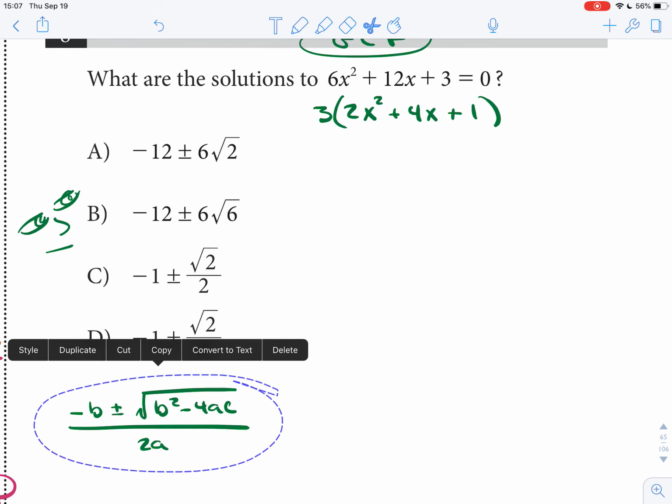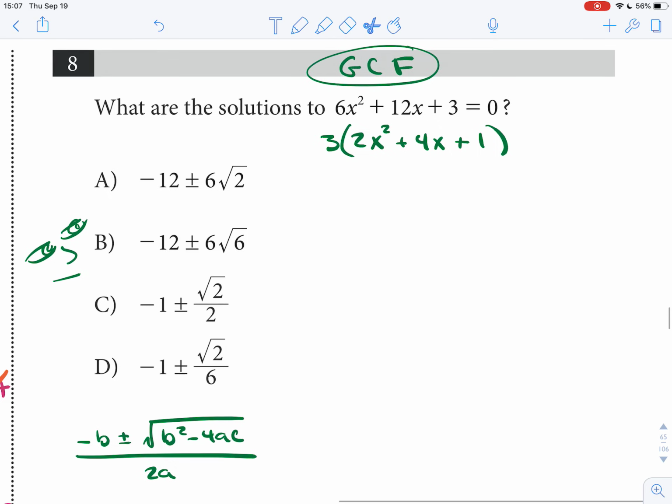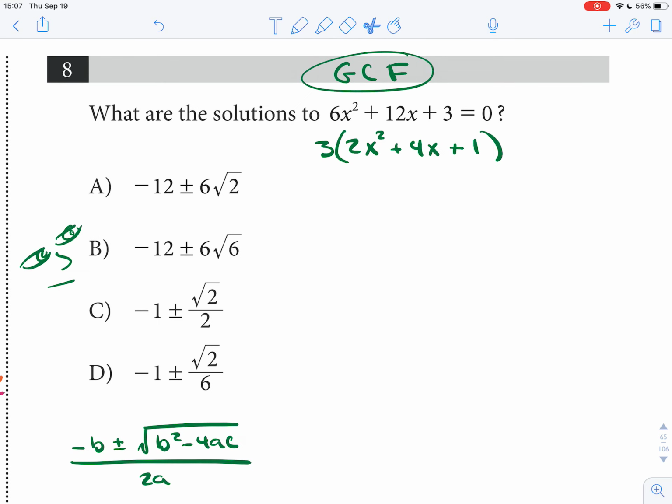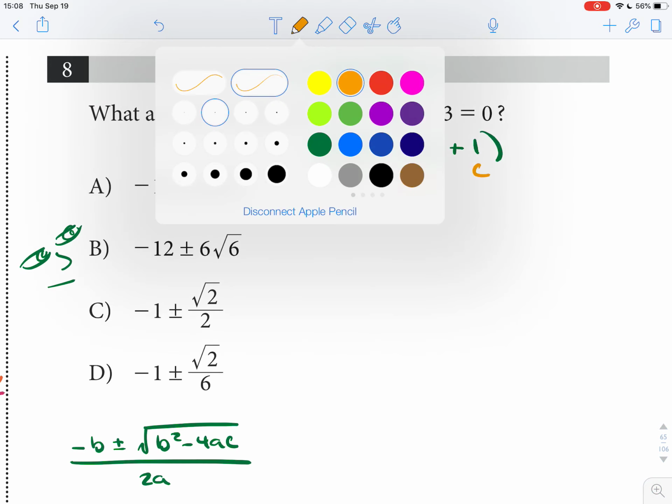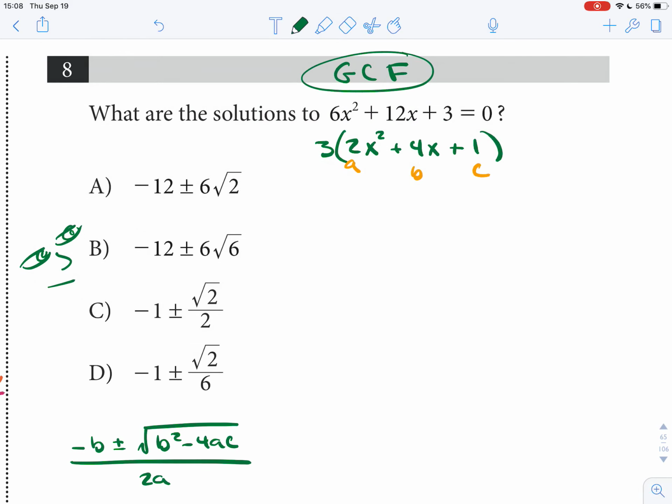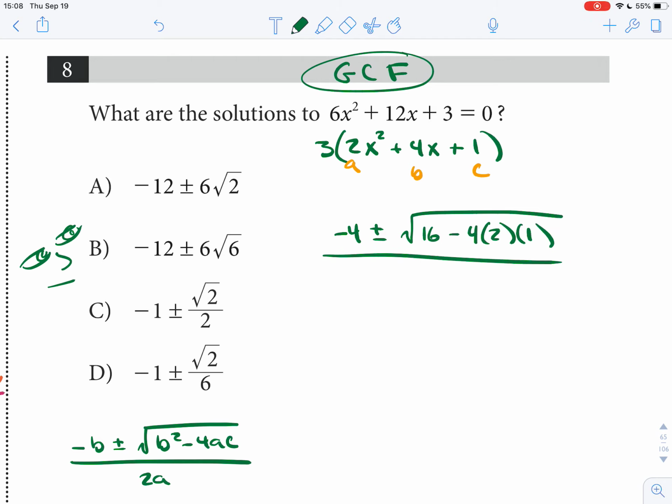Our answer choices are all written out in sort of quadratic form, which tells us that we shouldn't waste our time trying to factor this. We should just put it into the quadratic formula. So now that we have this simplified version, a is 2, b is 4, c is 1, we can put this into the quadratic formula. So negative b, that's negative 4, plus or minus the square root of b squared, that's 4 squared, that's 16, minus 4ac, 4 times 2 times 1, all over 2a, so that's all over